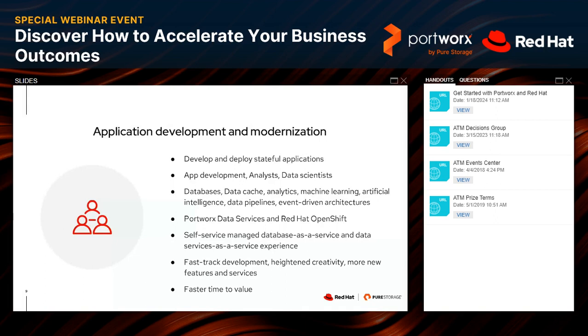Well, the flip side of that is by keeping the platform up and running, by automating the back end, you're able to then offer your developers self-service. So leveraging something like Portworx Data Services, you can then provide a self-service managed database-as-a-service option for your developers where they can just click on the database or the data service they want to use, deploy it and be off and coding immediately.